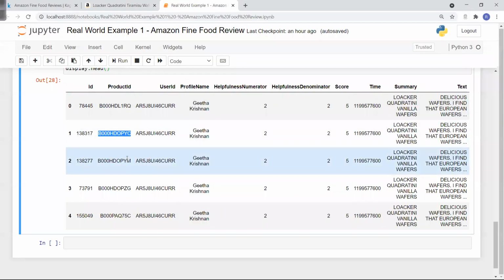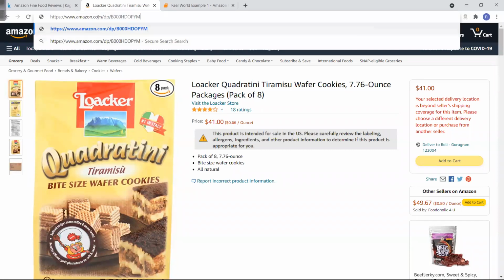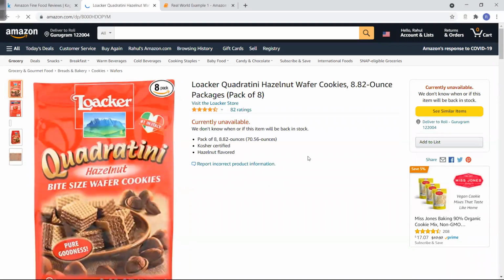If I take the third one, that will also be of the same type. Let's check that. You can see that is also Quadratini. So basically that is the whole idea Locker store is following: whatever review I get from any person, that review will be replicated to every product of the same type.